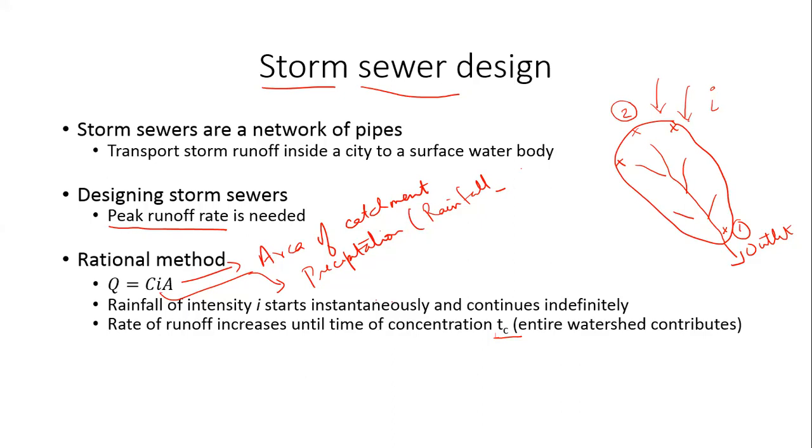It's not only distance that's playing a role here, that's also the slope that's playing a role. It's the kind of soil over there. Everything plays a role. Okay. It's a relatively complicated idea, but in general, you can physically visualize that there will be some point in the watershed which is the farthest in terms of the time it takes for the water to reach from there to the outlet. Okay, the time it takes.